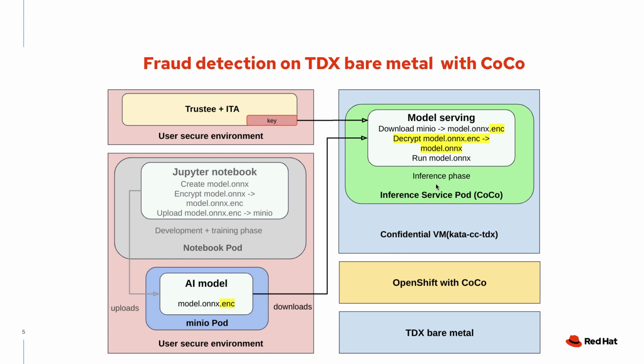So with confidential containers enabled, the main difference is that the AI model is encrypted. In the first phase, after the AI model is developed and trained ready, we encrypt this AI model, and then we upload this encrypted AI model to the storage. So when the model is serving, it downloads the encrypted AI model from the storage, and then it decrypts the encrypted AI model using the decryption key. So this decryption key is from the trustee